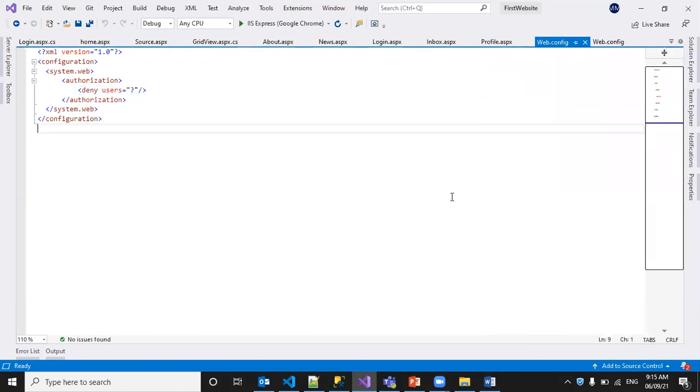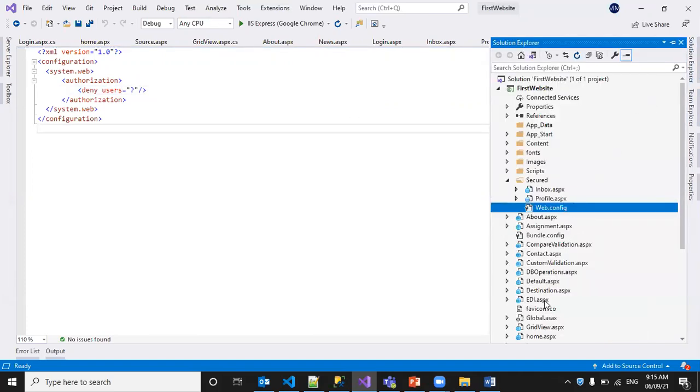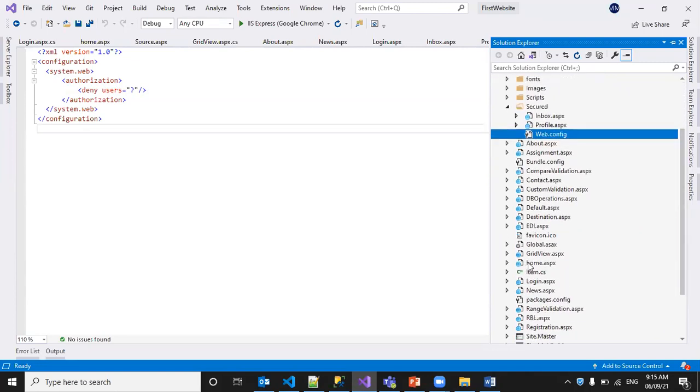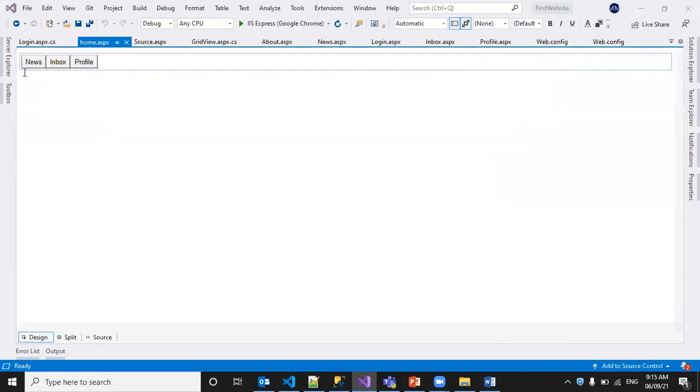Okay, we saw an example with this. We took one base page, a default home page, where I have news, inbox, profile buttons. When clicking on each button, it will take us to the respective page.